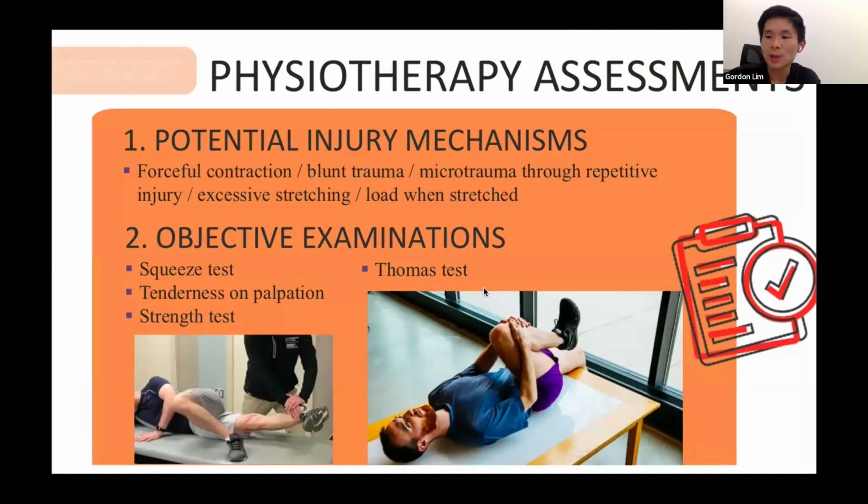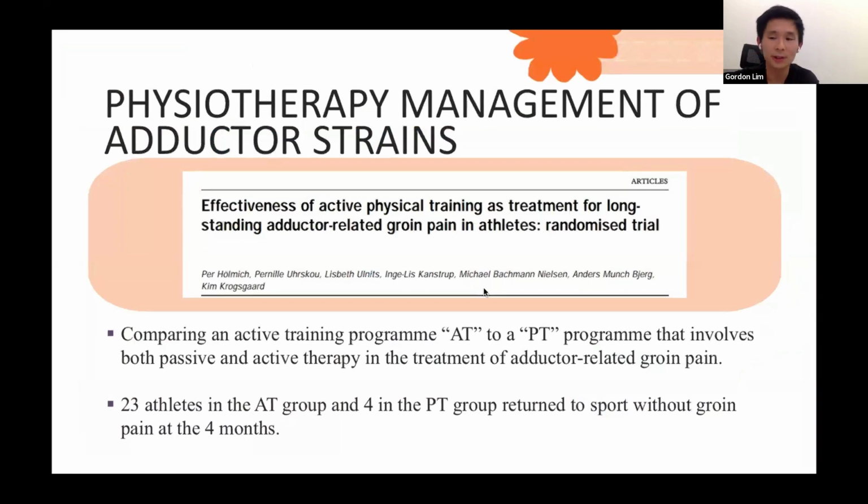So physiotherapy assessments for adductor-related pain includes finding out the mechanism of injury on top of the usual subjective questions. Objective assessments when suspecting an adductor-related injury includes performing a squeeze test, observing for tenderness on palpation, and performing a strength test to the adductors and abductors. When treating adductor-related injuries,